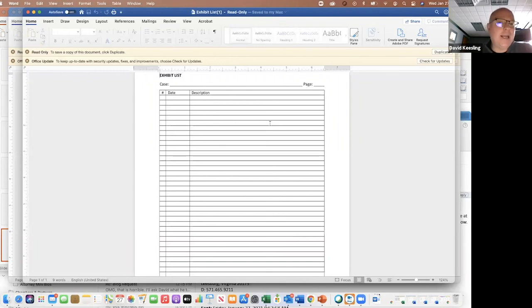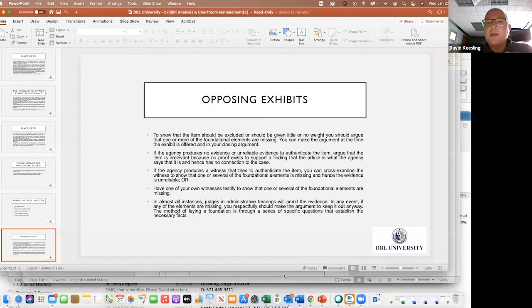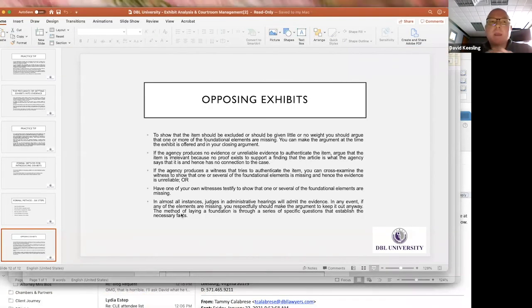So with that in mind, I hope you can use these tools. They've worked great for me for more than 20 years. We now have them again in an electronic form as part of our trial software. But if nothing else, you can walk away from today with the document analysis worksheet as well as the exhibit foundation worksheet and start evaluating the evidence as it walks in your door on day 1